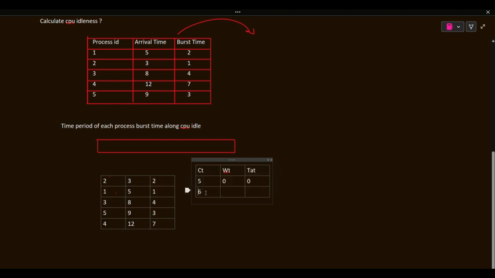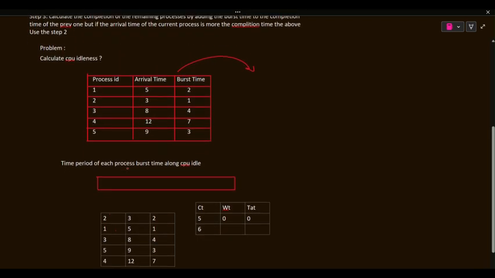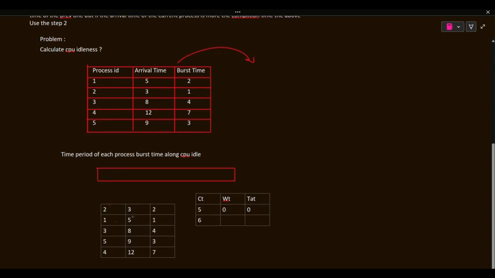Waiting time is nothing but the... let's draw the Gantt chart, then it will be easier for us to visualize. Here, if we see, the first process arrived at time t equal to 3. It means from 0 to time t equal to 3, the CPU was idle